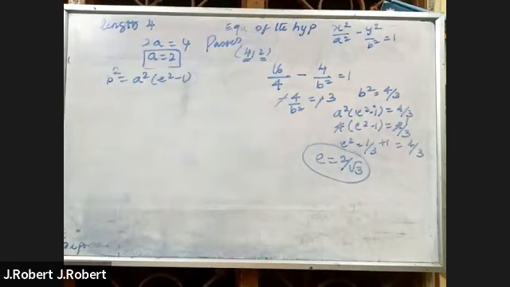If a hyperbola has length of its conjugate axis equal to 5, and the distance between its foci is 13,